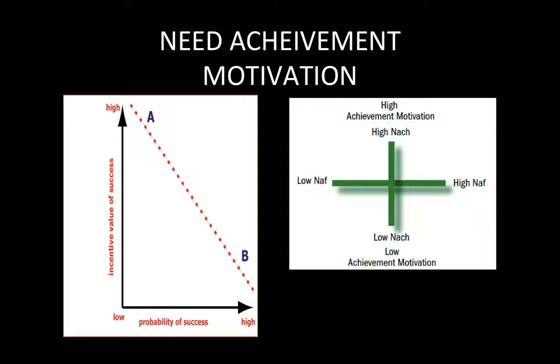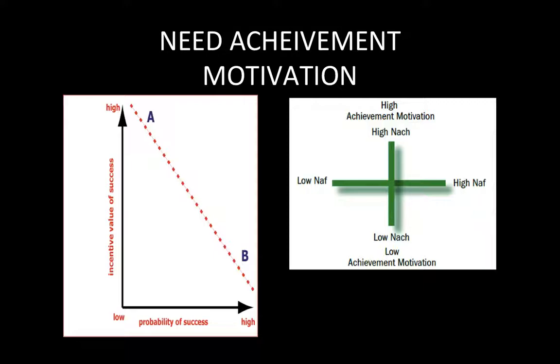However, someone with a need to avoid failure is more likely to participate if they have a high probability of winning, because they really don't want to fail. For example, a football team who is very successful will have a very high chance of success against a lower team, and they will be expected to win, so the win won't feel like much of an achievement. However, for the lower team, they won't have a high chance of success because they aren't likely to win. But if they do win, then it will seem like much more of an achievement because they would have had to work hard for it.